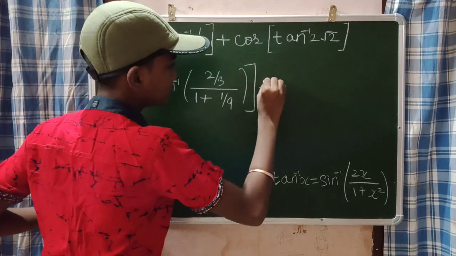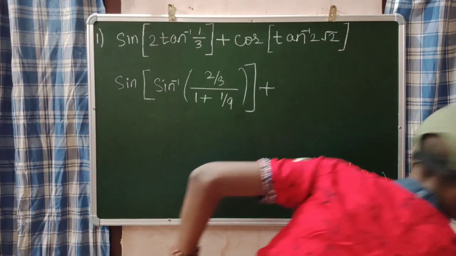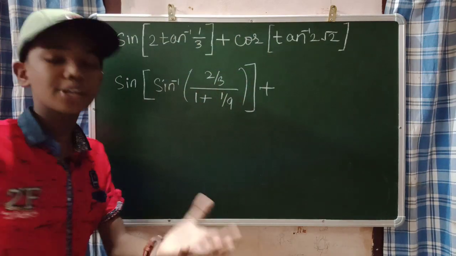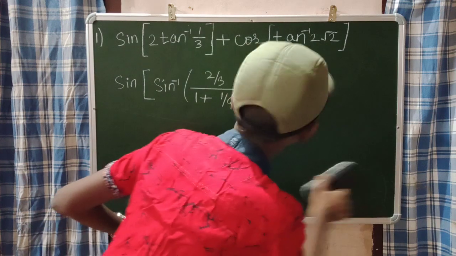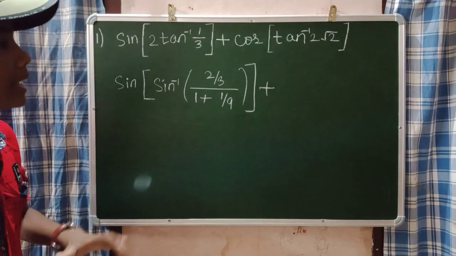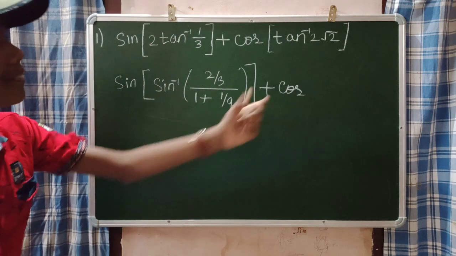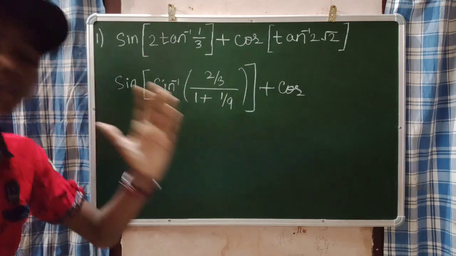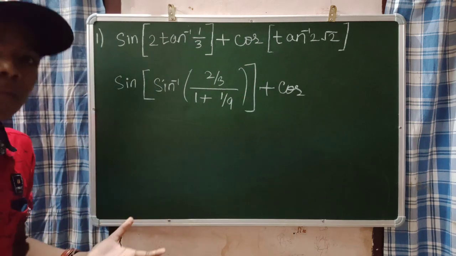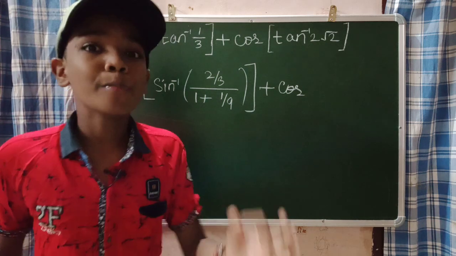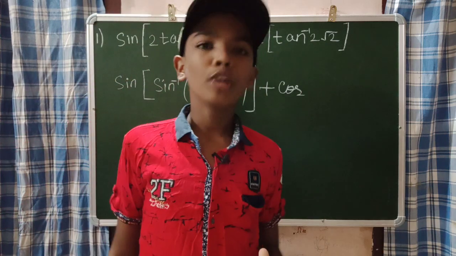Now guys, I will take my duster. I will rub this. Remember this formula guys, because this formula can be expected in your CBSE Term 1. Okay. So our next part is cos. Now, you need to convert this tan inverse of 2 root 2 into cos inverse. Is there any formula? We are not having any formula, but rather, I am going to use our triangular method.